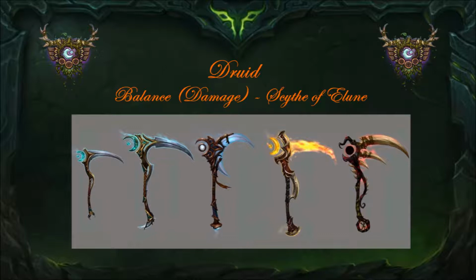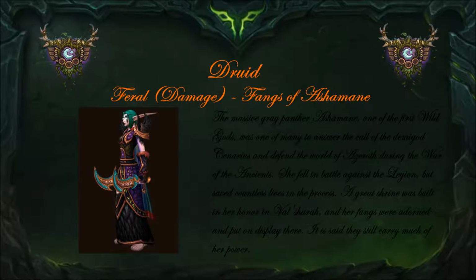Okay, enough. I've been talking about balance forever in general, so let's move on to feral. Now, feral druids are going to be damage dealers, and the weapons that they're going to be wielding are the Fangs of Ashamane. The description reads: the massive Grey Panther Ashamane, one of the first wild gods, was one of